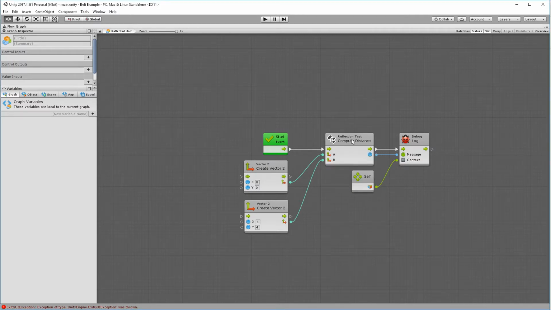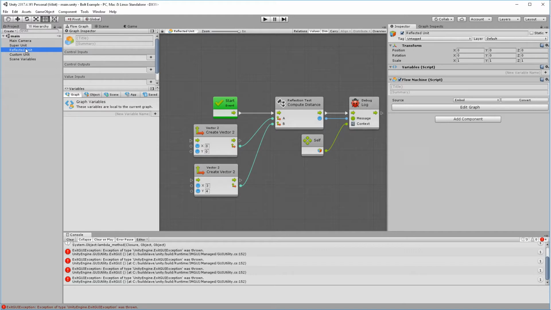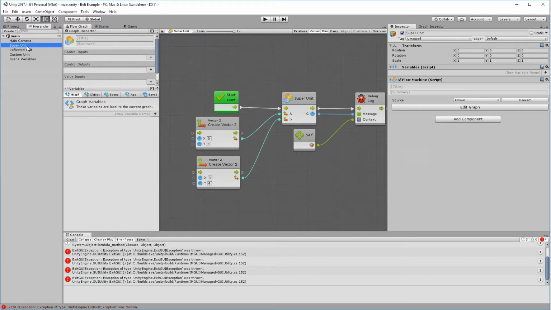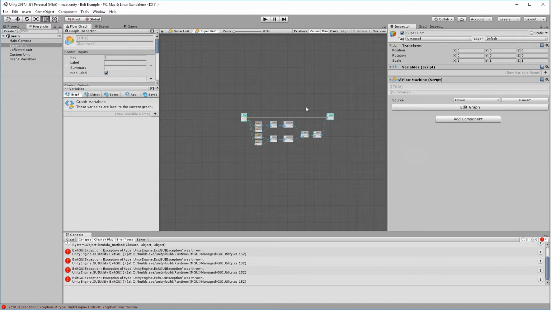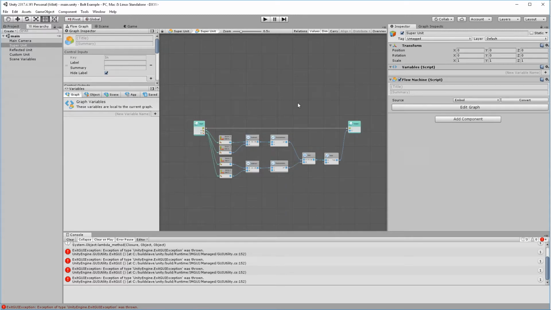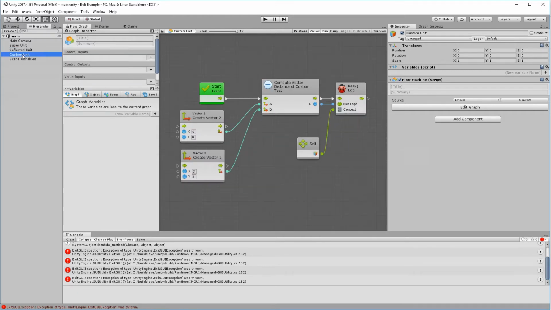And you can see it has the same nodes as the super unit, but of course, it's a reflected unit, and it might be doing something more advanced that would be really ugly to do, some really complex operation with branches and switch statements and all this that would be difficult to, or at least very large to write out in Bolt. Now, the last one is the custom unit,